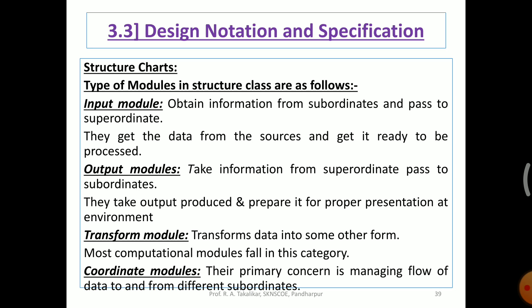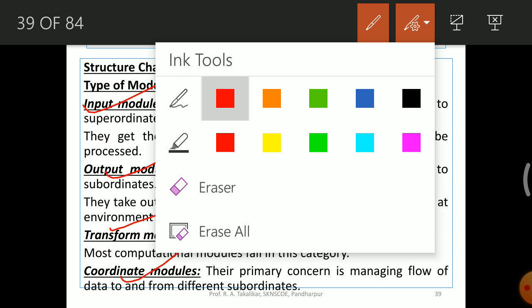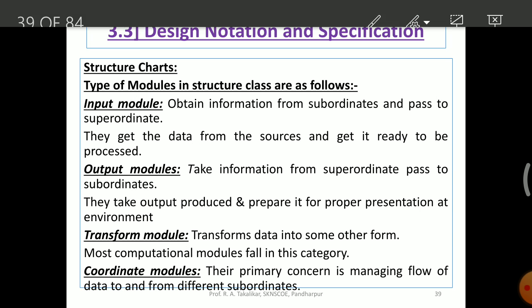You should even know different types of modules that are used in a structure chart. The modules are divided into various types, like input module, output module, transform module, coordinate modules, etc. With the examples, we have seen these different modules.